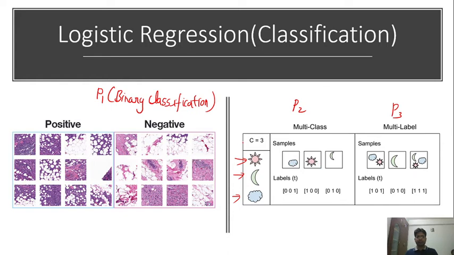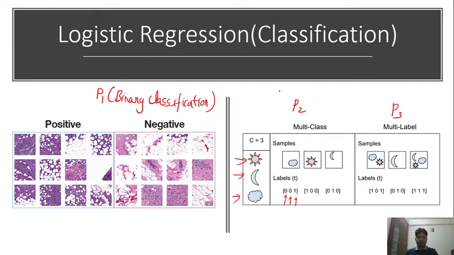which contains cloud or sun or moon, how will you represent it, and how will your network give the answer? If we use one hot encoding, it means we have decided on three places: the first place for the sun, the second place for the moon, and the third place for the cloud. Whatever image we have, if it contains cloud, then that place will become 1. So it is 0 0 1 because it contains cloud. In case of sun it will become 1 0 0. In case of moon it will become 0 1 0. In that way you can define a multi-class classification problem.